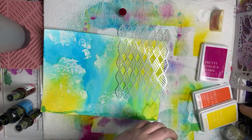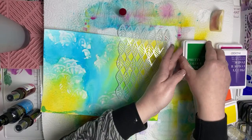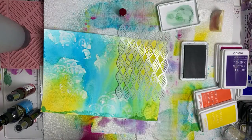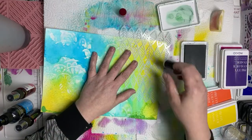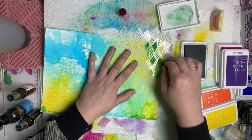Now, I'm going to swap this out, and I'm going to go in with the green from this because it's such a lovely green. And it's actually called Hedgerow, so you know it's going to be a lovely green colour. Find another doorbell. I'm going to go in with this. I don't want it all. I'm not too bothered about it being